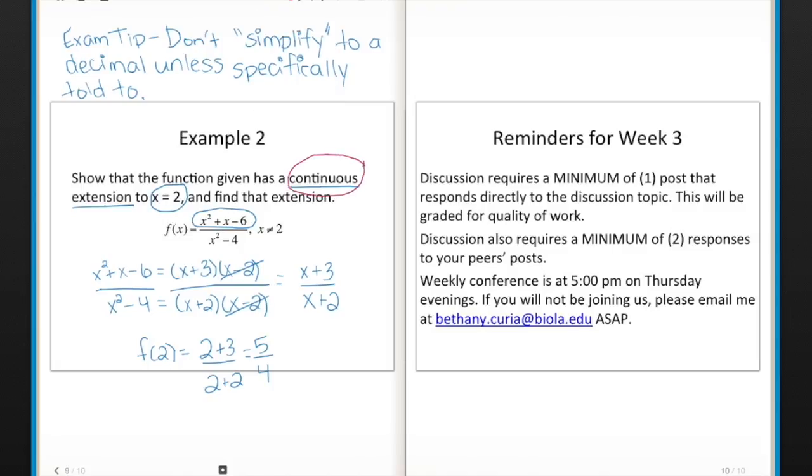So now we have shown that the function has a continuous extension to x equals 2 because we were able to simplify our function and find that extension. We simplified our function, we plugged in x equals 2, and we found that that extension was 5/4. So we've completed